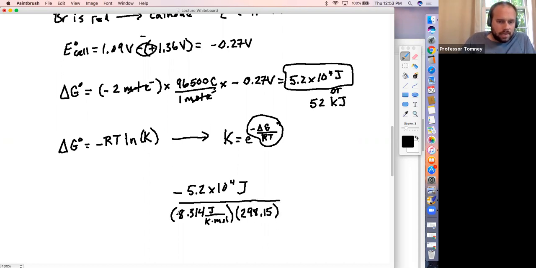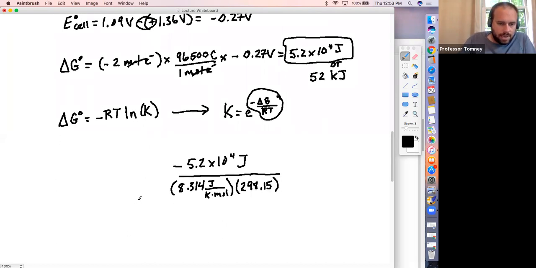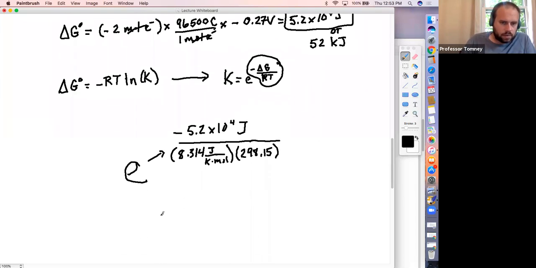Okay, so this is the exponential value. So now what I was talking about, this is really e. So e is going to be raised to this entire mess right here. So you'd probably want to solve it and then raise e to that. So if you work all of that out on your calculator, you should end up with e raised to the negative